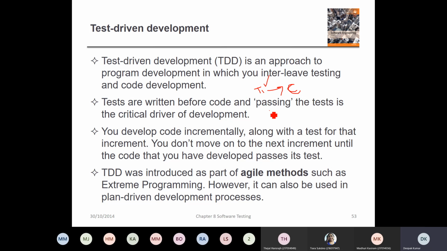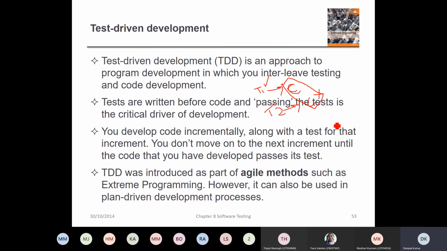Then again you will create test case 2, and again you go and do some coding in that whole class or module, and you will run test case 2 now to see whether it passes or fails. So this is how you do the testing, and it becomes quite a streamlined, methodical, and compulsory process that is